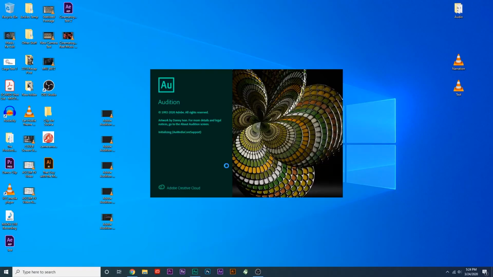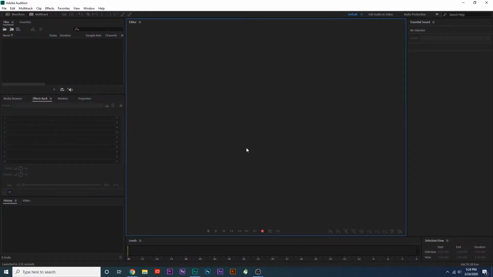When you first open Adobe Audition, it should look something like this. There are a few windows and toolbars I'm going to be using throughout this tutorial, and it's a good idea to be familiar with them now. In the top left corner, this window here is the source bin. Here you can access all of your audio recordings and files. Above this we have a toolbar with all of our essential editing tools, as well as the two buttons, waveform and multi-track, which allow us to go between the two